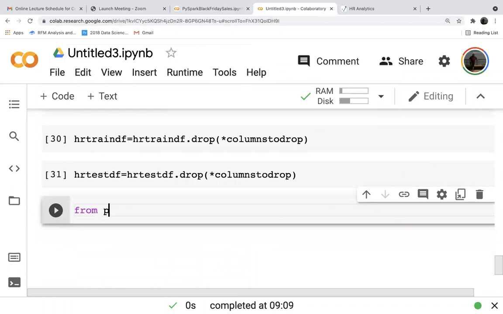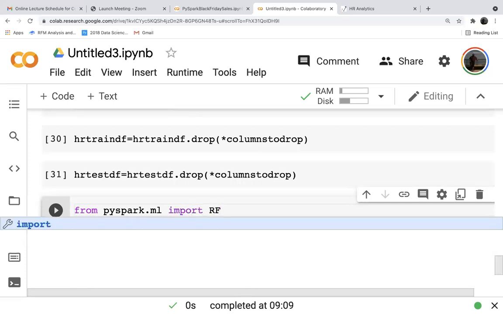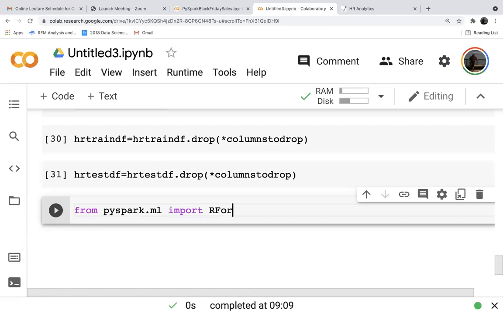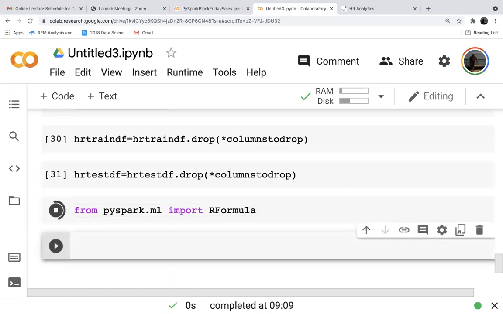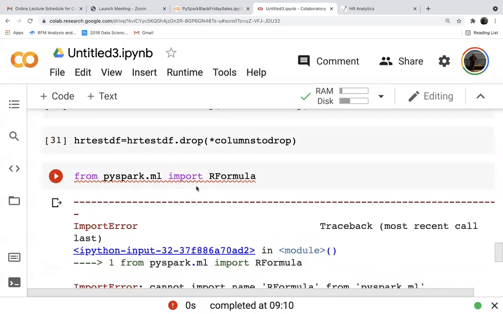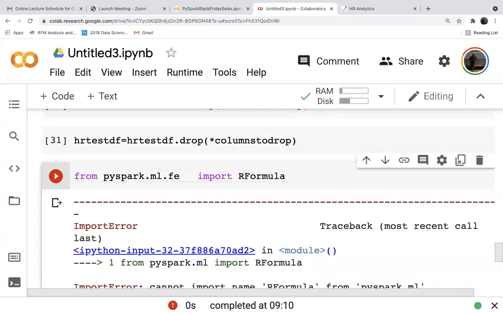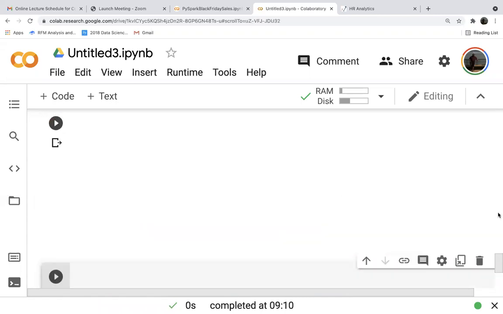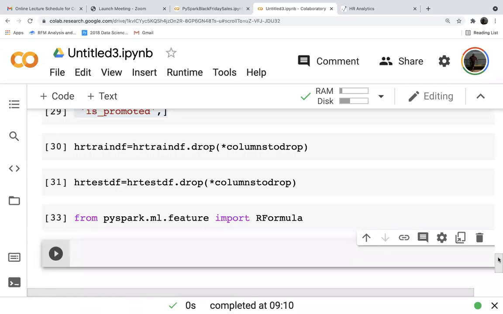So from pyspark.ml.feature import RFormula.